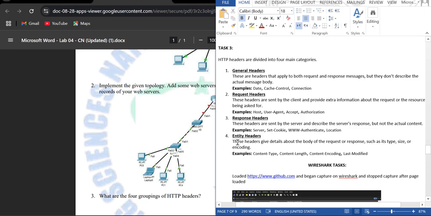And as far as entity headers are concerned, these are the labels that describe the content of the message: the content type, content length, content encoding, last modified, and information related to the content basically. So this was all for the lab task covered in lab 4. Thank you.